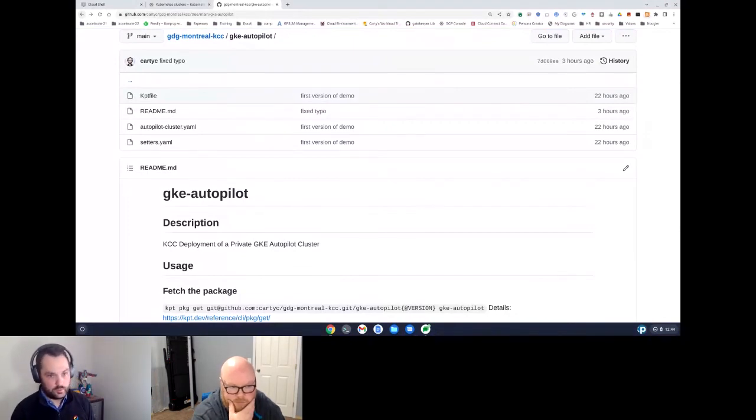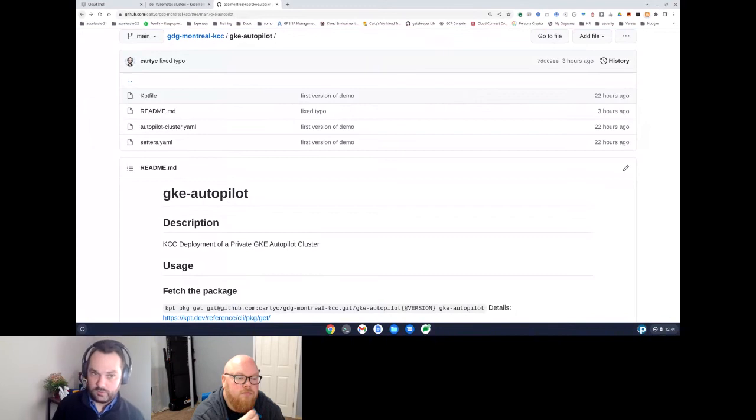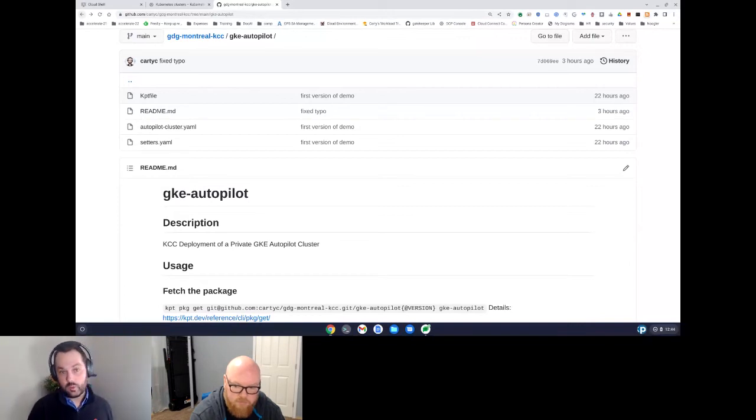So if you want to write, say, infrastructure policy for what you're deploying, so let's say only things that are allowed, our company, we've decided we only want to be in Canada, so we're only going to allow you to deploy 2 regions in North America 1 and 2. So you can write a gatekeeper policy and have that within your repos. So when you do the kept function render, it will catch it there and then give you the error before you even try to submit it to your CI/CD or to the cluster, which gives you a lot of fun